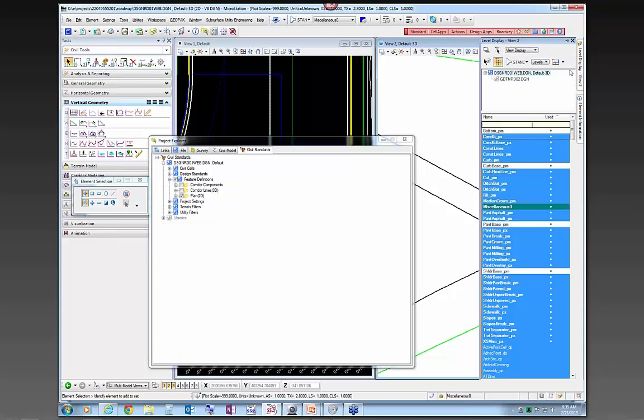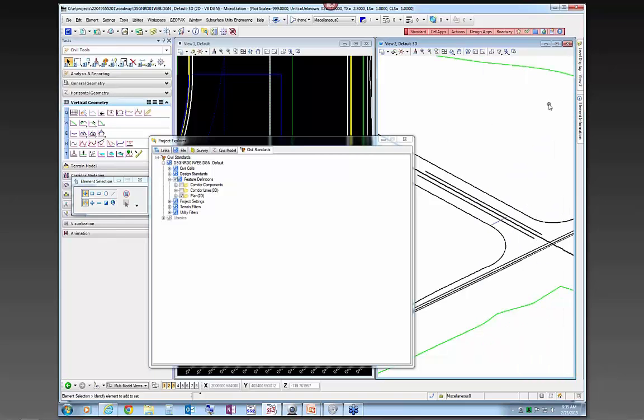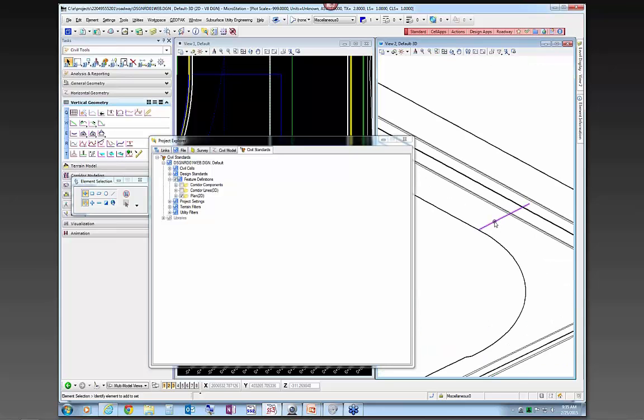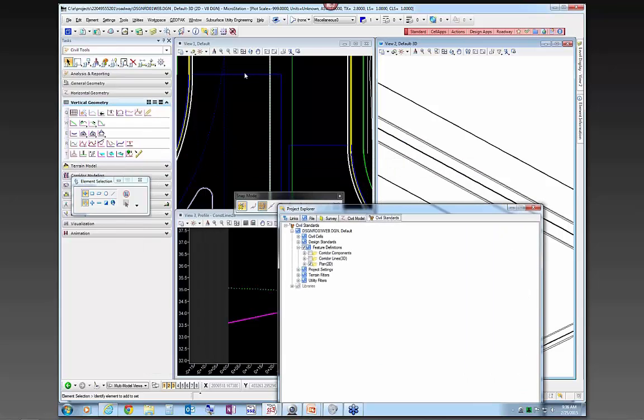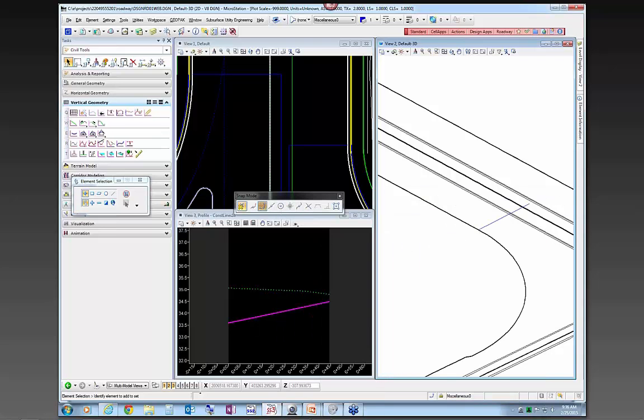And then if I turn on the, I believe it's the default level, this might be the construction lines level in this view. So I turn those back on. You're going to see now there's this blue line that got created. Okay, so that is by basically draping this to the surface and then setting that as the active, I get that profile line. So I'm going to move this over here for now